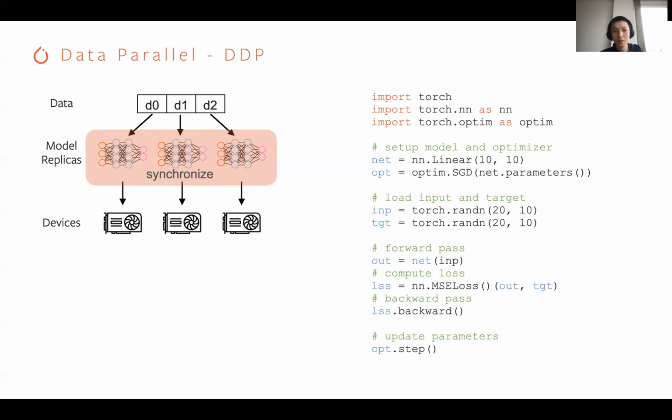The linear layer contains a weight parameter and a bias parameter. When you pass the input to the linear layer, it multiplies the input with the weight and then adds the bias. The 10 by 10 here means that we're going to have a 10 by 10 weight matrix. It also means that the linear layer is expecting